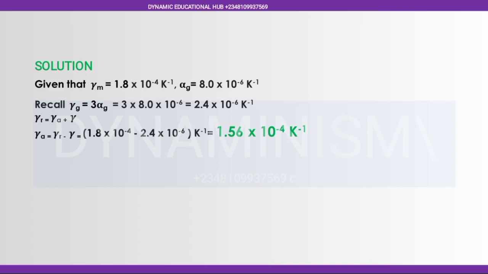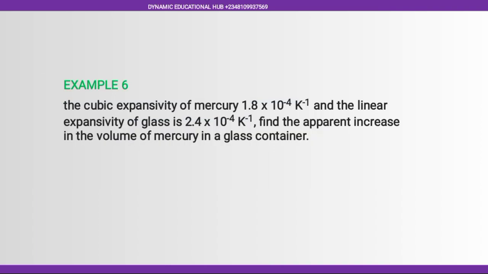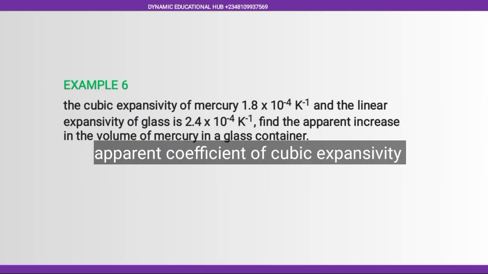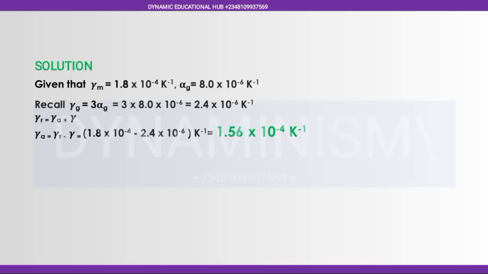Now what they are asking here is to find the apparent increase in the volume of mercury in a glass container. It's very simple. The first step is what they're actually asking for: the apparent coefficient of volume expansivity of mercury. Now to solve it, you are given the gamma